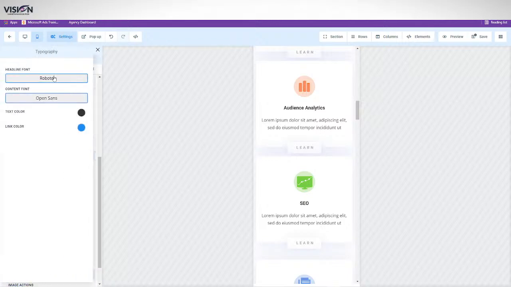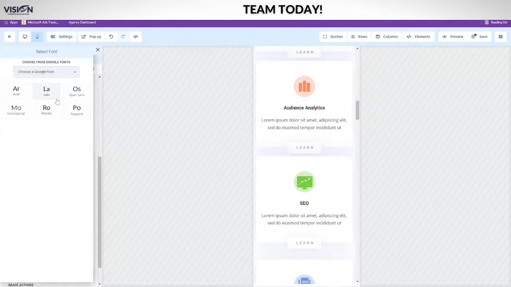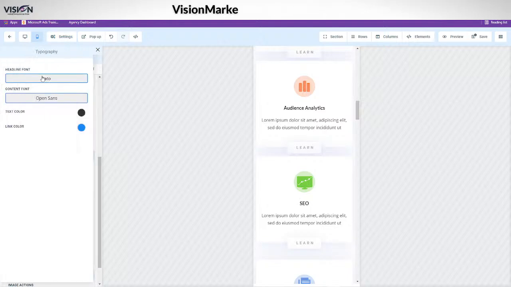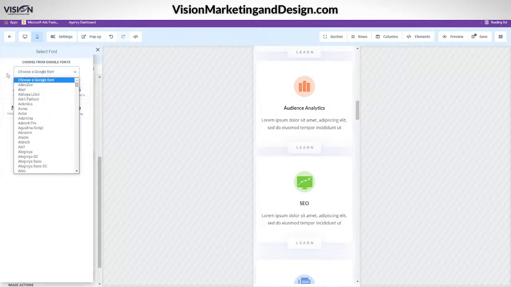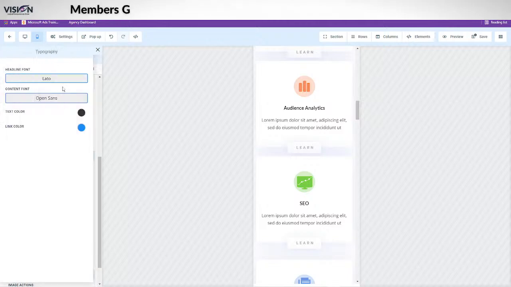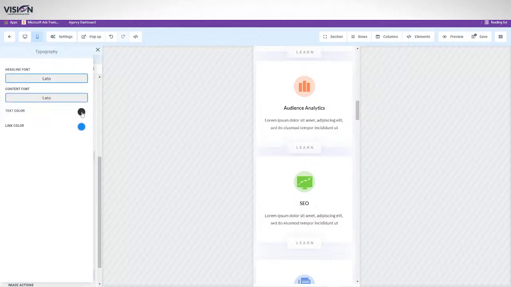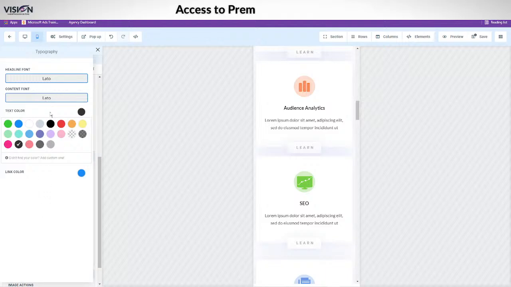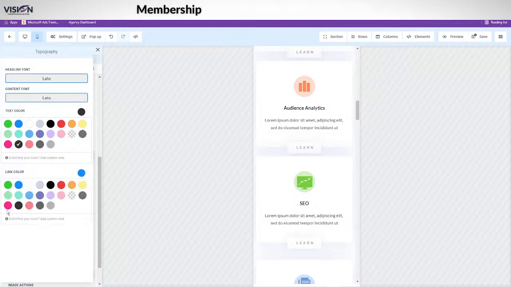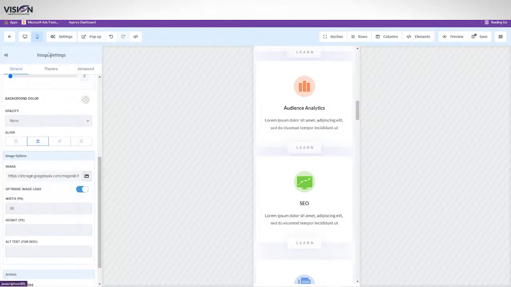And if you want to set the fonts for your website, you can do that here. So I usually do Lato. If you wanted to add another Google font, you could add that to your selections, but I use Lato. And then you want to select that there. You can choose the text color if you want to. So these are basically the global settings. And then when you add links, you can change the color of the link. Of course, I would always choose purple. And so that's how you want to set all of the global settings.